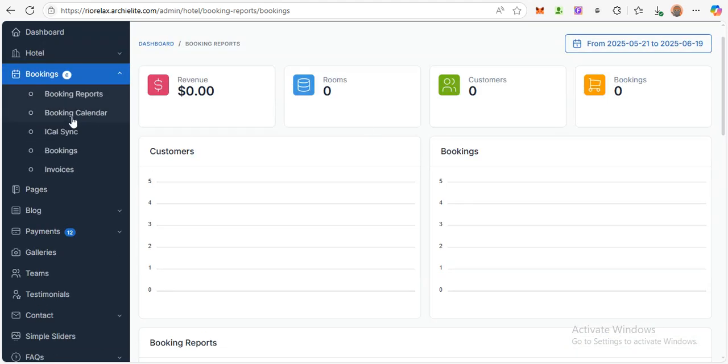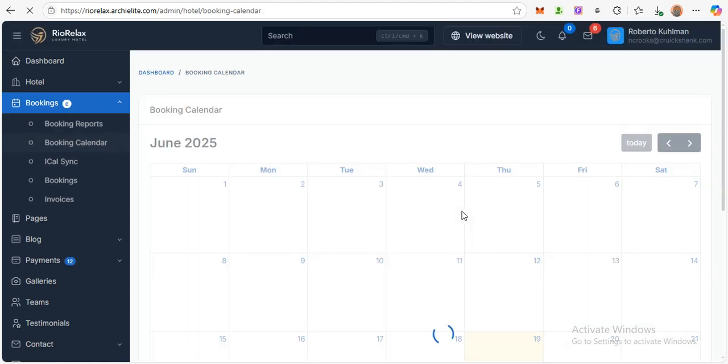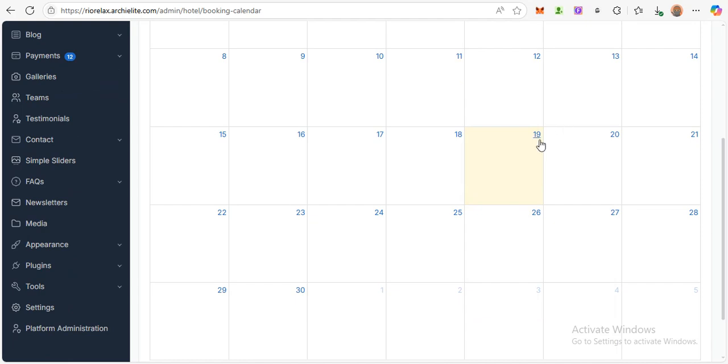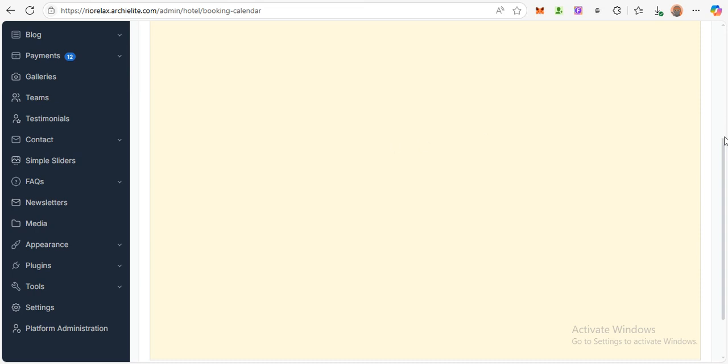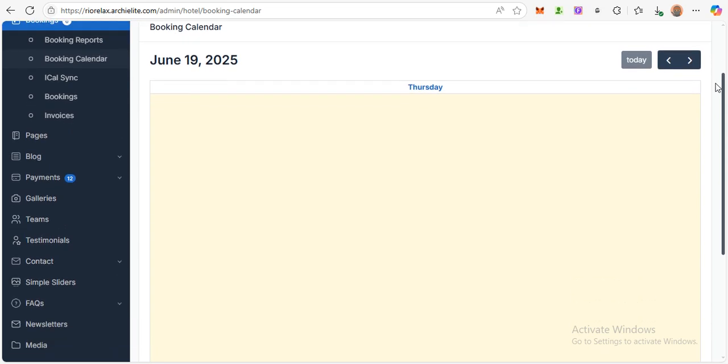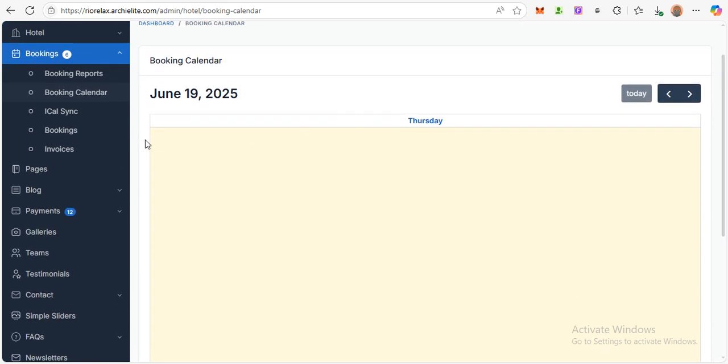Okay, so now this is booking calendar. Yes, booking calendar, so you can see the booking calendar here. Here you can check to know this day how many. Let's go, and you are going to see all the bookings that have been made for that day. Okay, so that's what that is for. Then the iCal